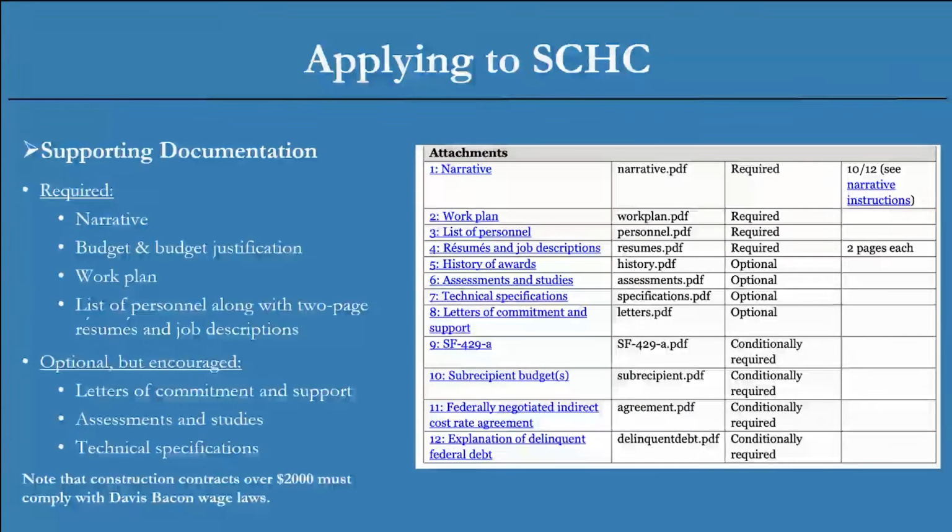On page 10 of the SCHC Notice of Funding Opportunity, you will find a list of forms and attachments to include in your application. Please take careful note of which forms and attachments are required or conditionally required versus those that are optional. Among the attachments that are required to consider your application complete and eligible for review are a